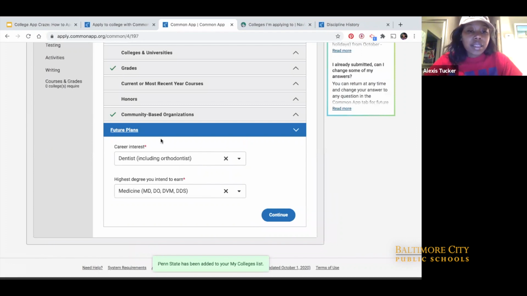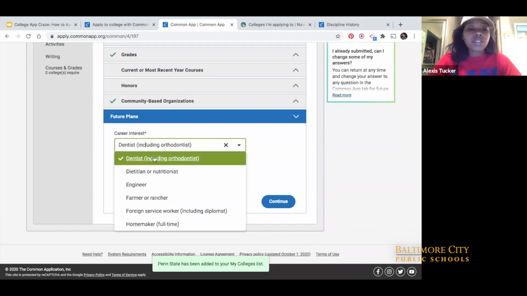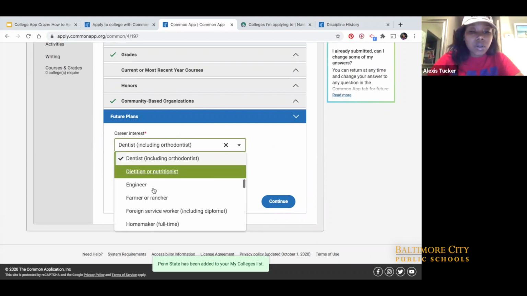Last section in your education section is future plans. This is very easy and straightforward. They're asking about your career interests. So what is it that you want to do with your college education, and what is the highest degree that you intend to earn? So for instance, if I wanted to be a dentist, I'd scroll through this list of